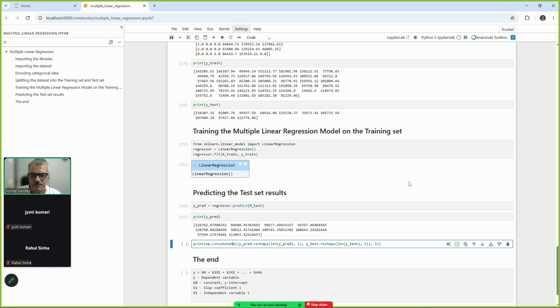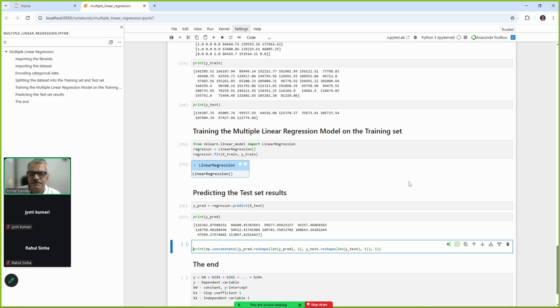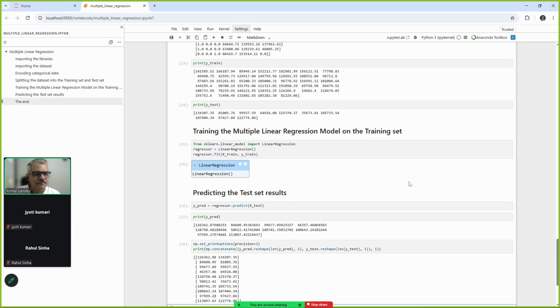And before doing this, we can do one more thing. We can set precision for numpy. np dot set print options. Precision, set it to 2, because we want only 2 numbers to be displayed after the decimal. Run the cell, and if you see